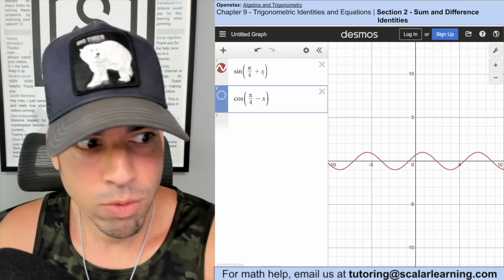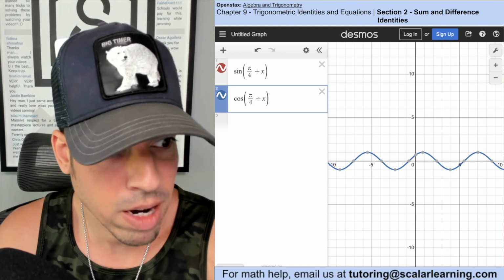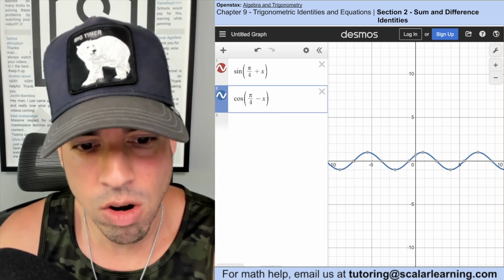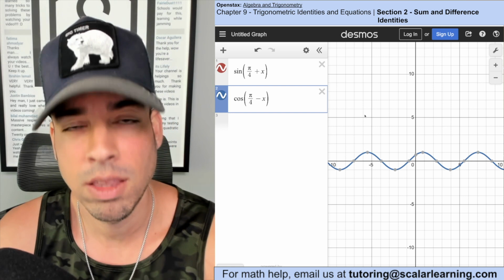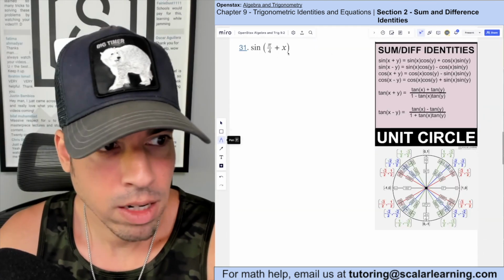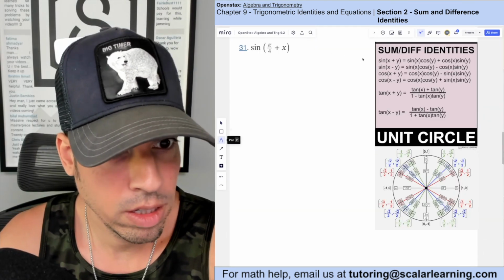So here's sine of pi fourths plus x. Here is cosine of pi fourths minus x in blue. And you can see they are indeed equivalent. So that's how you do it. Done. So for this one, what they did in the back of the book is they actually used the sum